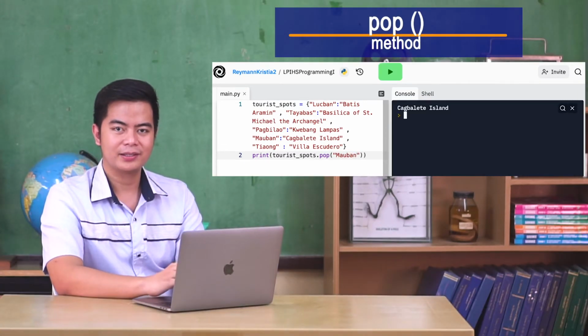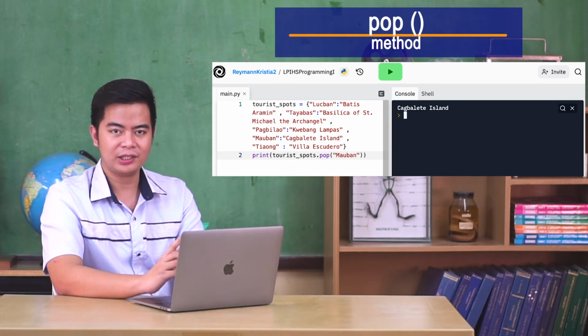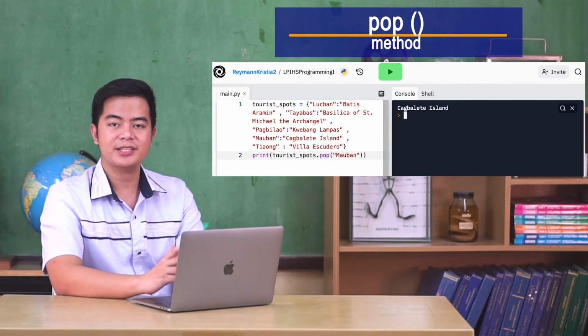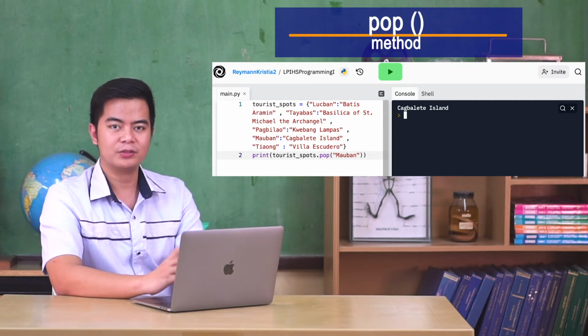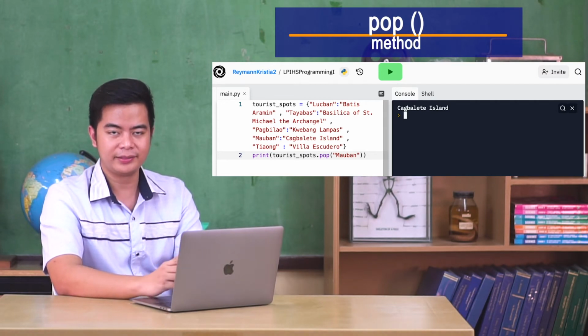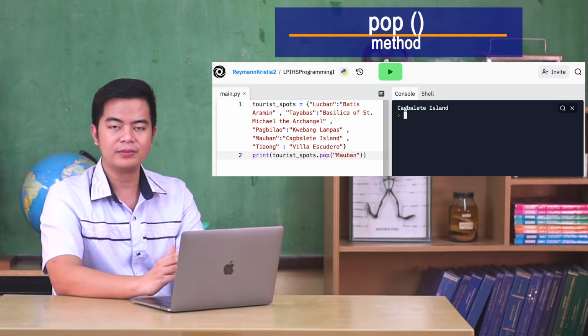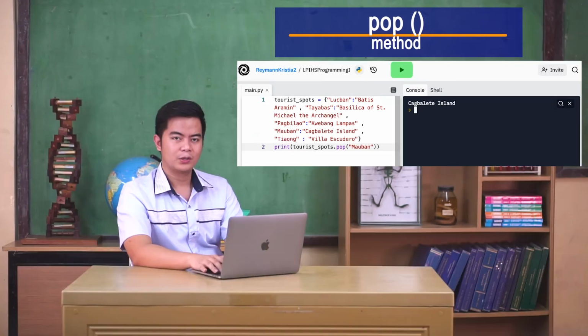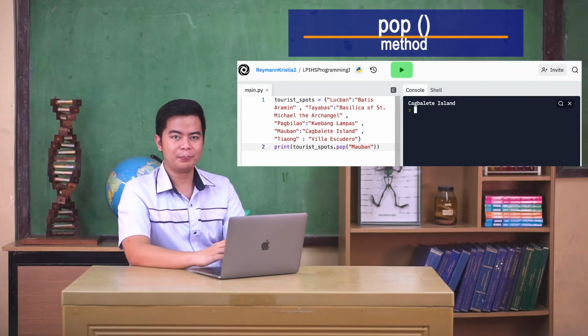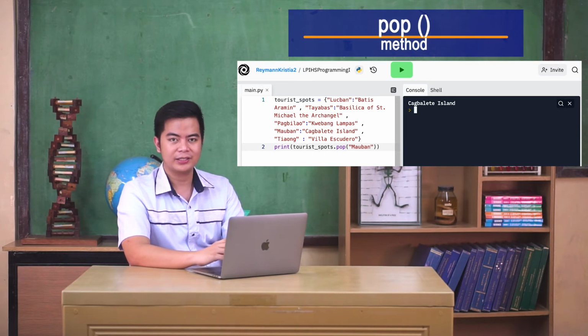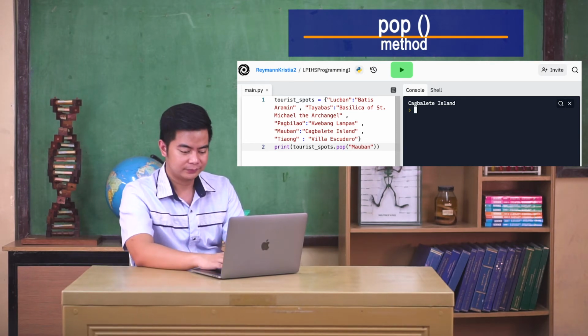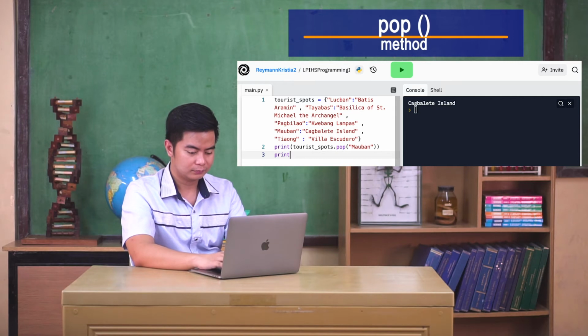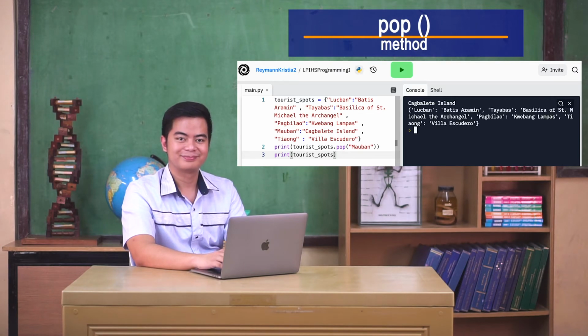As you can see, the pop method removes the entry with the specified key, which is Mauban. This method returns the value of the key being deleted. That's why it printed Cagbalete Island. To check whether this key value pair has been removed from the dictionary, let's use this code. This time,